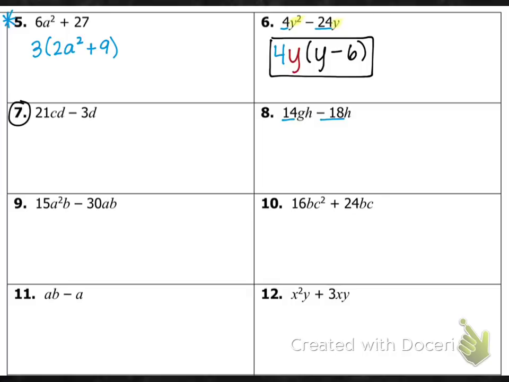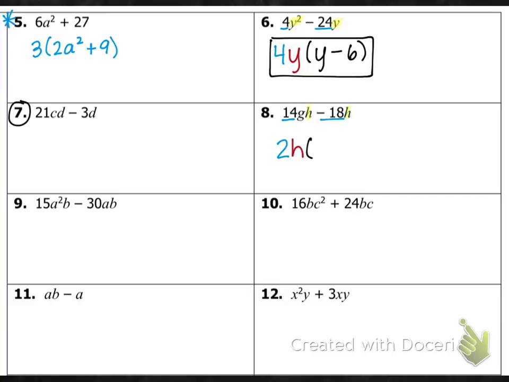Okay, try 7. Let's look at 8. So what goes into 14 and 18? We always want to look at the numbers first. The only thing that can go into those is a 2. And then notice how this one has a G, but this one doesn't have a G. That means we cannot take out a G from both of them. But we can take out an H. Both of them are the same, so we know we're just going to take out an H, and we're going